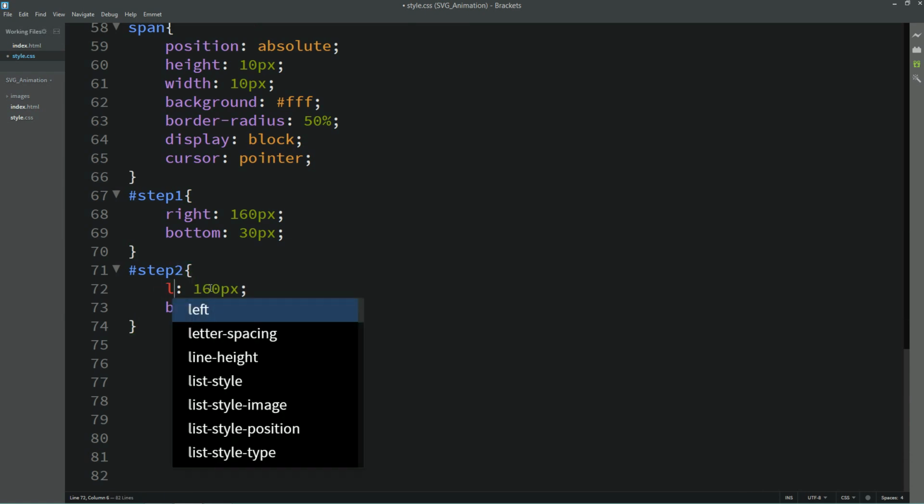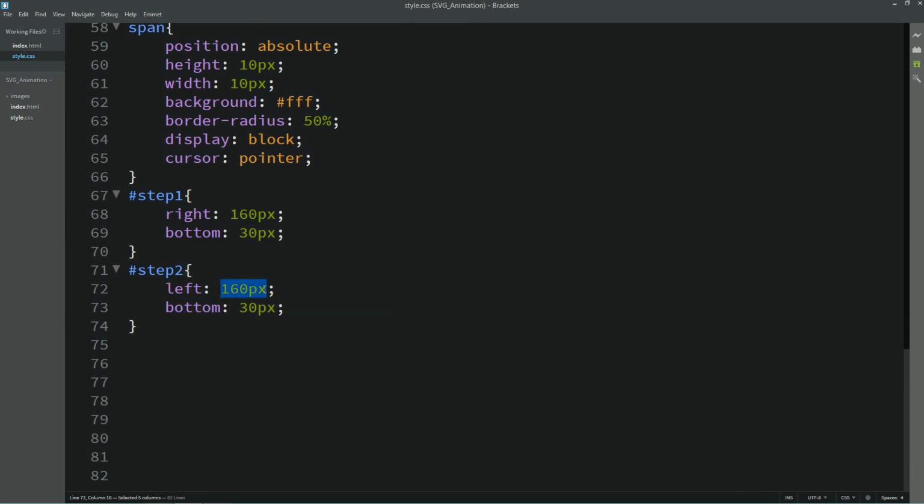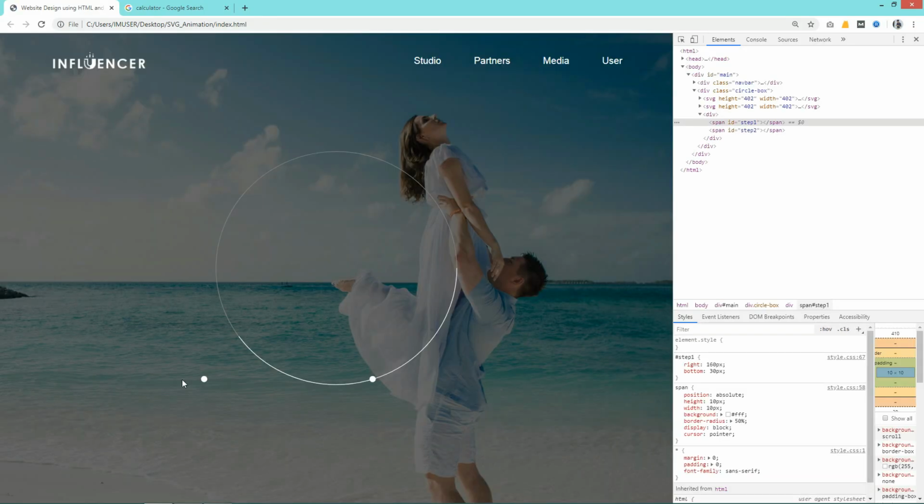Here we will change it to left 0 and bottom 30. So right now it is here. Again change its left and bottom value. So you will get the perfect position for the left and bottom. So we got this position, copy it and add it into the CSS file.